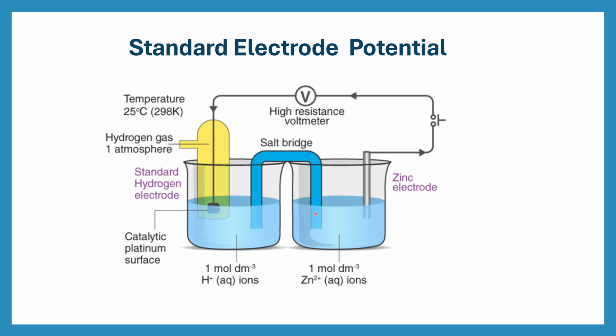The function of the salt bridge is to migrate ions from one side to the other side, so the accumulation of charges in both of these solutions is avoided. The basic function of the salt bridge is to maintain neutrality in both of these beakers or the two half cells. If there were no salt bridge, some of the ions would accumulate in one cell and the other ions would accumulate in the other cell, and the reaction would stop in some time.